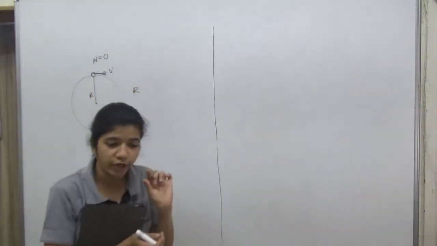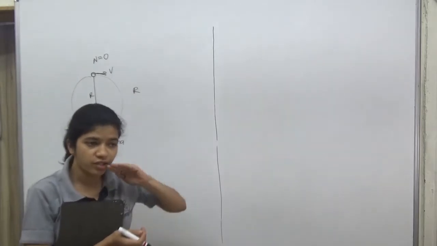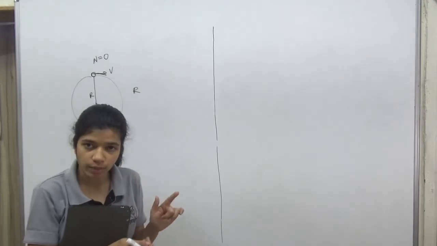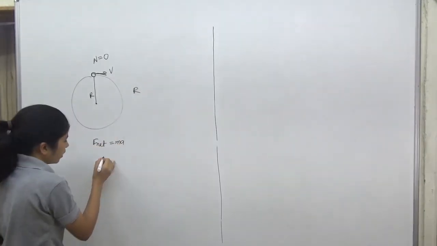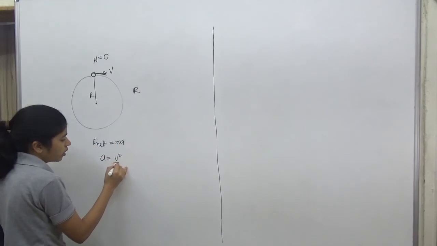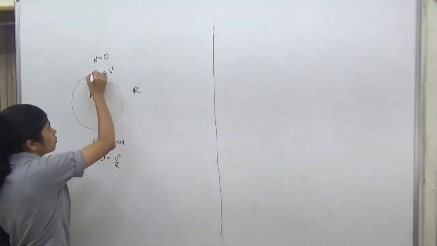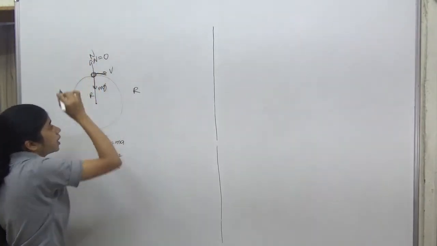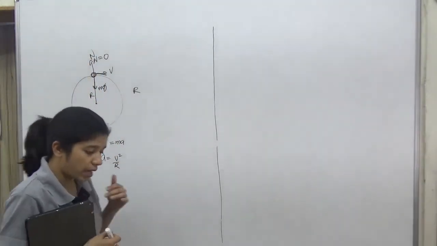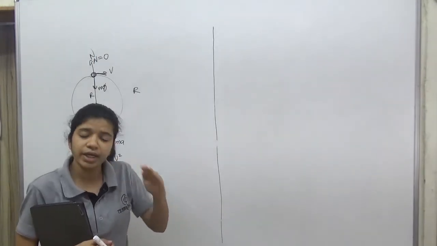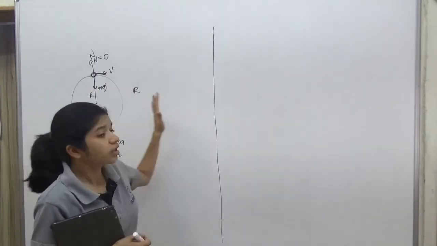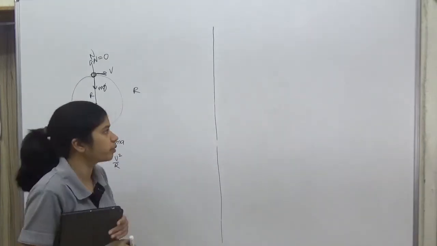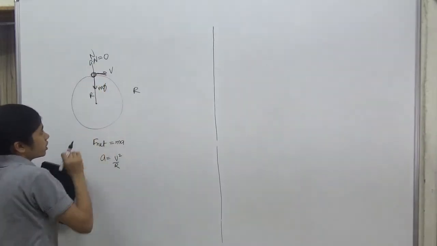So on topmost point I have provided a velocity v. With that it is moving on a circular path. So at this point its velocity is v. It is moving on a circular path of radius r. So its acceleration will be a is equal to v square by r. Clear? F net on this object: mg and here normal. But because I am taking that the disk will immediately leave the surface of sphere, I am saying that at this point itself the normal will become 0. So I will have only one force in this direction.